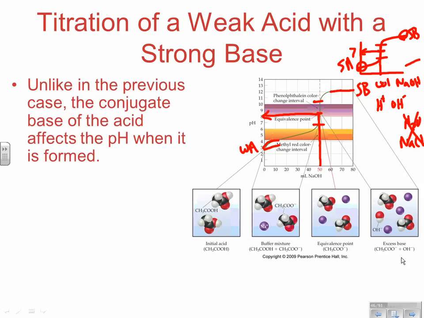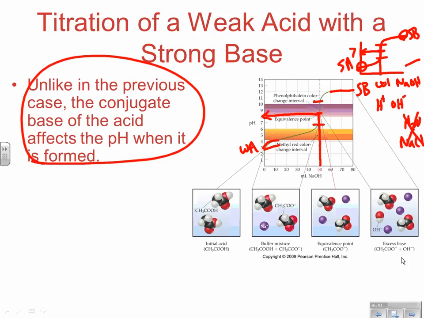When we had a weak acid, it was becoming a neutral salt. The conjugate of strong is negligible. So the conjugates that we got from our strong acid and our strong base were negligible in acid-base behavior. That is no longer true, and that is a huge difference between what we looked at before and what we're